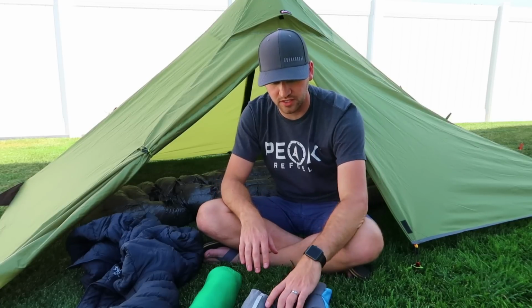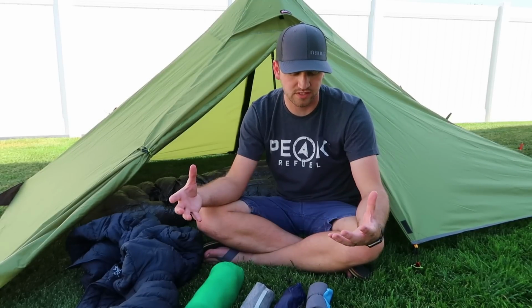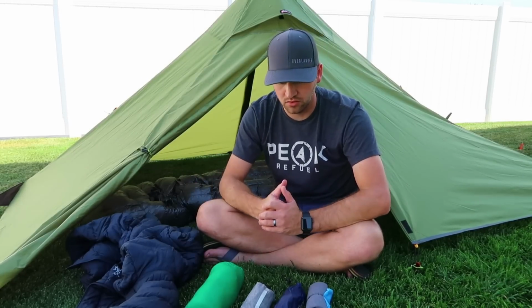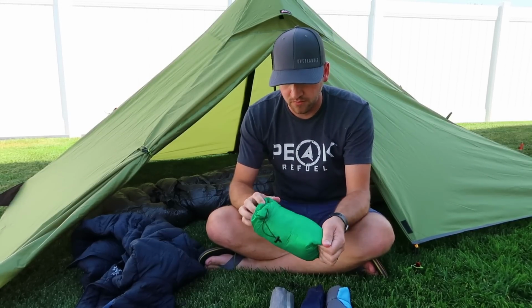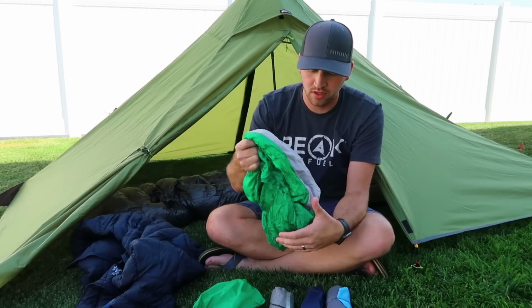One of these pillows is something that I purchased recently. The other pillows that I have here are ones that I've used and I think give a good representation of various options, more expensive options and less expensive options available out there on the market. Let's go ahead and look at this pillow here in this green bag. Now this comes from a brand called Perea Outdoor Products. This is a down fill